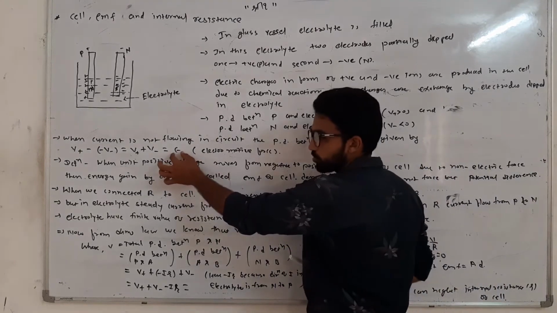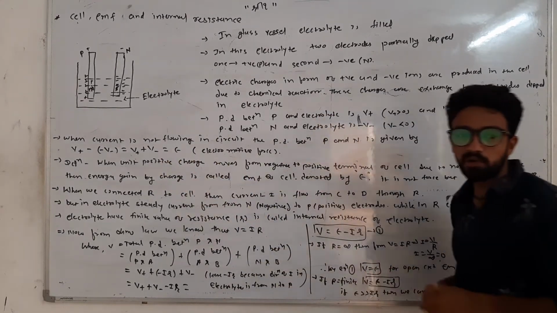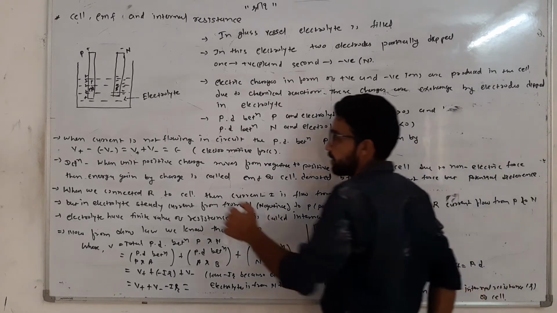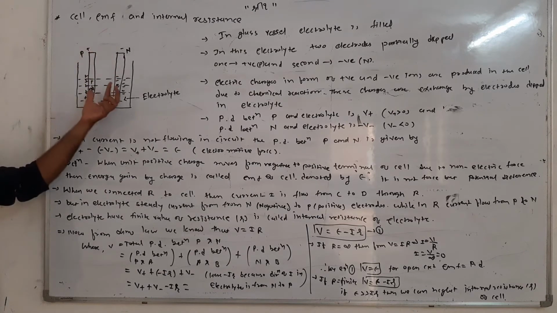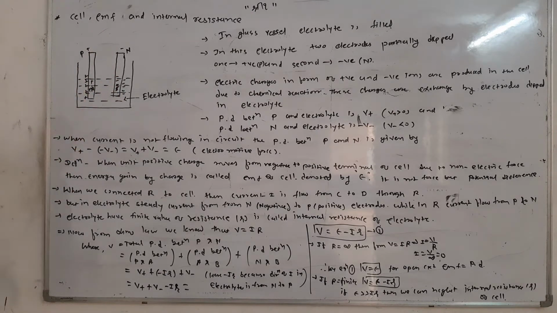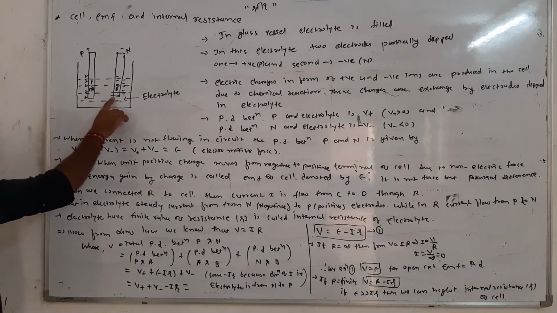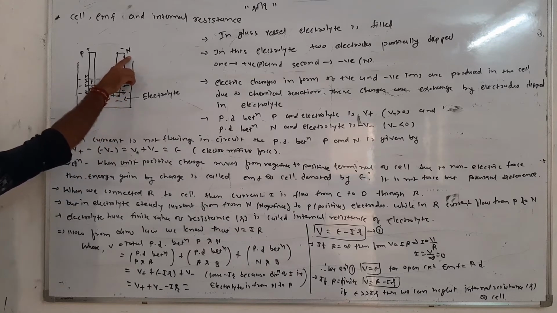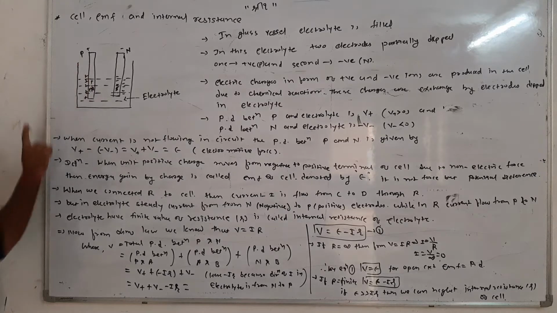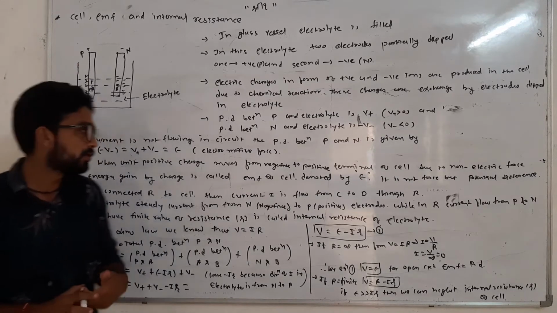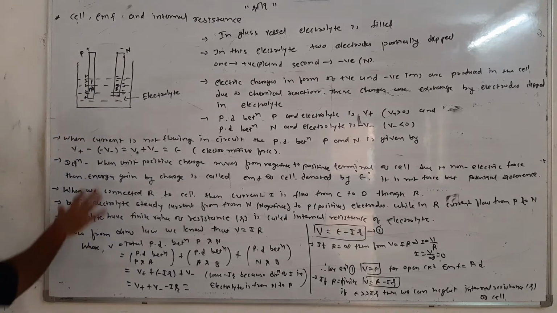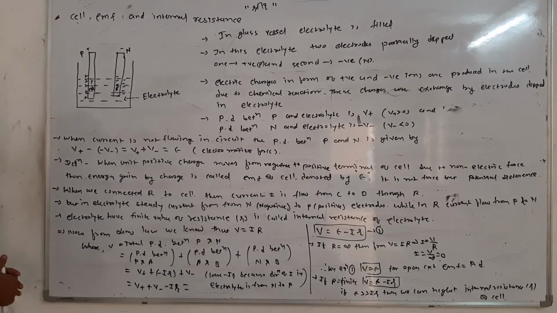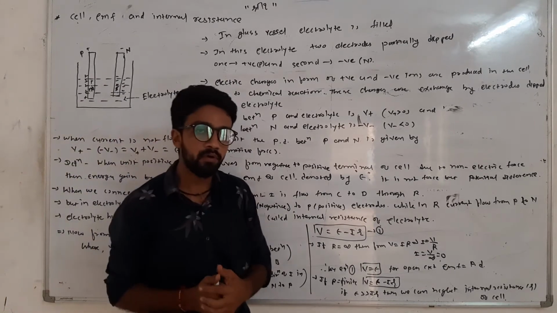This is not a force, but this is the potential difference between two terminals. The name is electromotive force, but actually it is the potential difference across two electrodes. So electromotive force is defined as when a positive charge is moved from the negative terminal of the cell to the positive terminal of the cell due to non-electric force, then the energy gained by that positive charge is known as electromotive force. Okay, so this is the information about what is the electric cell and what is the electromotive force.